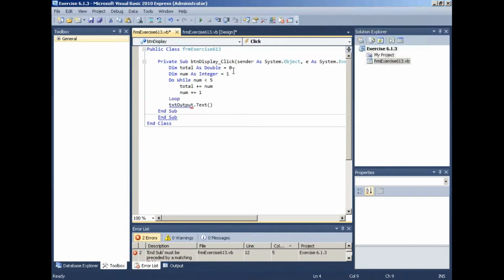Dim total as 0. That's the initial value. Dim num as integer equal 1. Do while num is less than 1. I'm going to say total is equal to 1. Right? So I'm going to print num and total. And then what I'm going to do, I'm going to print it to the list box. So I'm going to take one of these out. And I'm going to print that to,